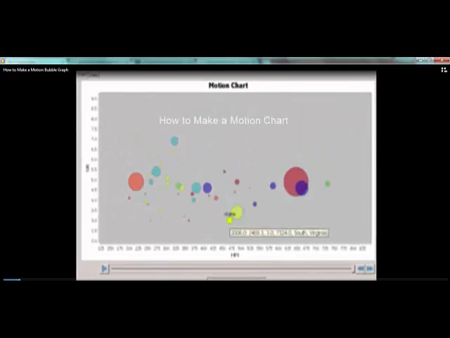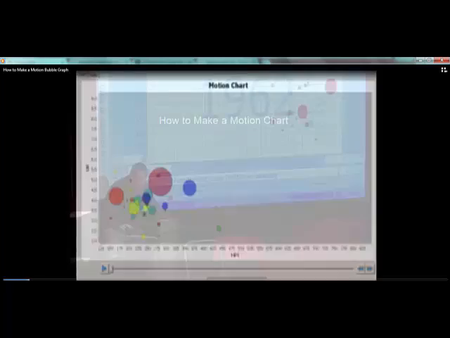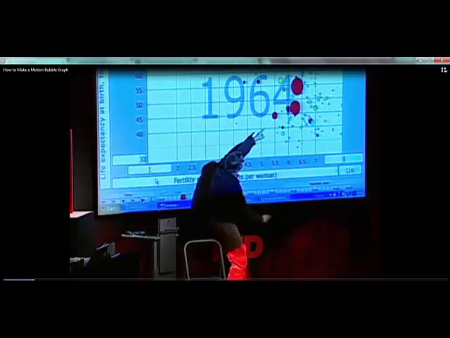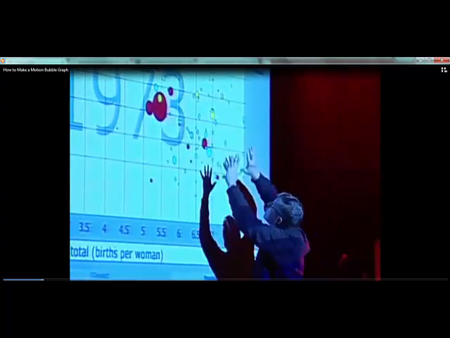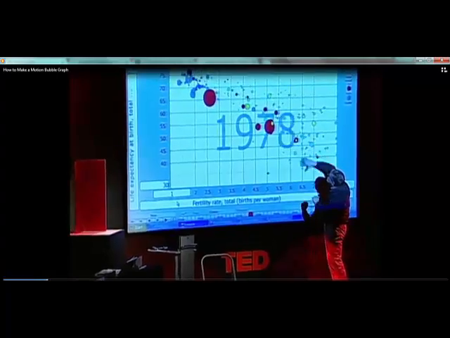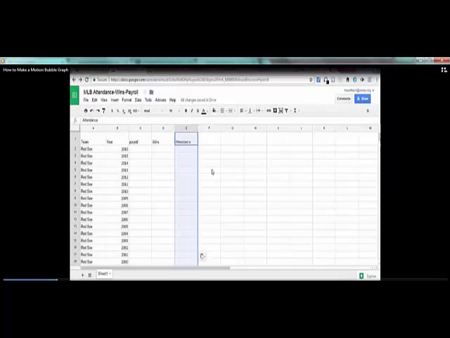This is my video on how to make a bubble motion chart, similar to what's done by Hans Rosling here, who's showing us a comparison between fertility rate, births per woman, and life expectancy in all the countries of the world as it's developed over time. The thing is that it works best when you have an entity, like a baseball team, a period of time,